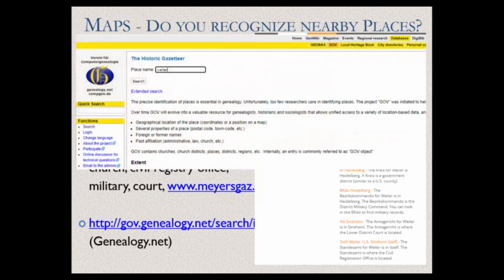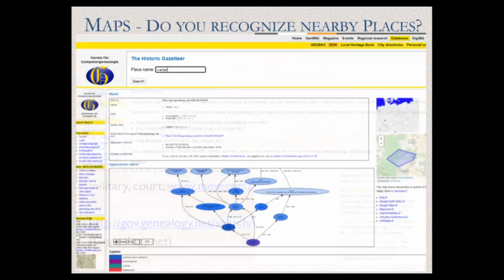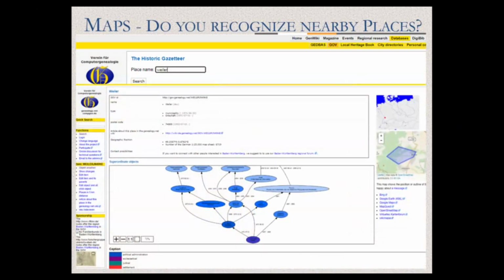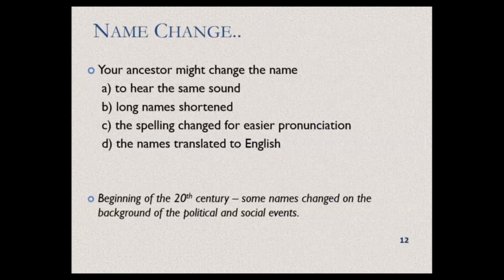And here is the largest German genealogy website. They have that history gazetteer, and it would show you what was the higher authority. Here you can see in those bubbles what city was in charge of your village and at what time period. They have other great goodies on this website, not just this. And as I mentioned before, one day it deserves a class just about that.